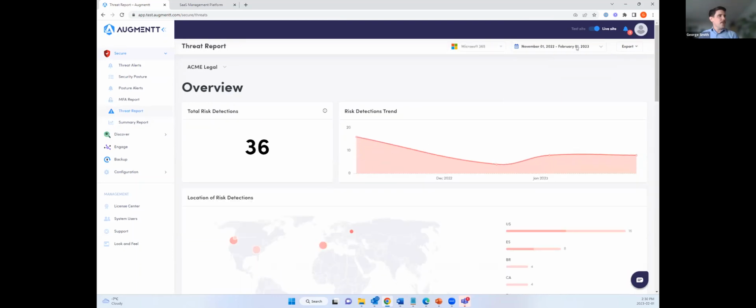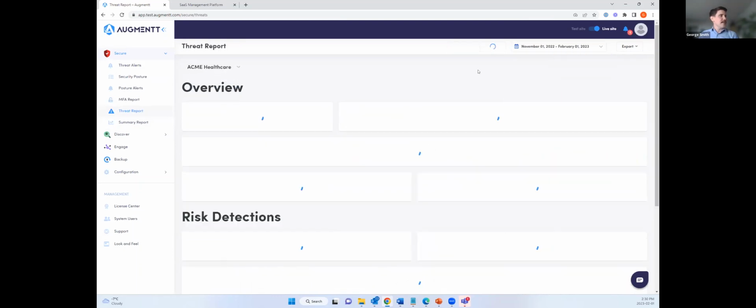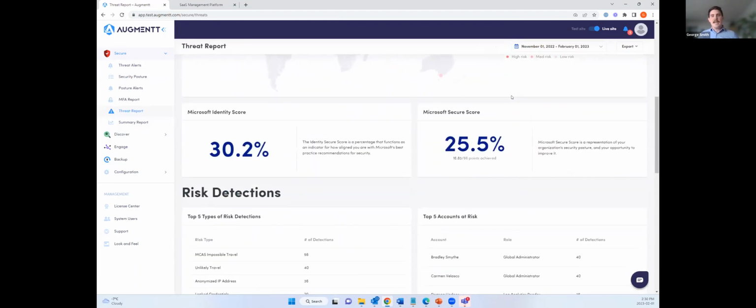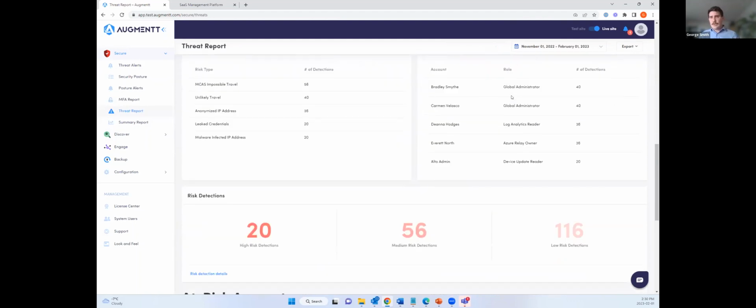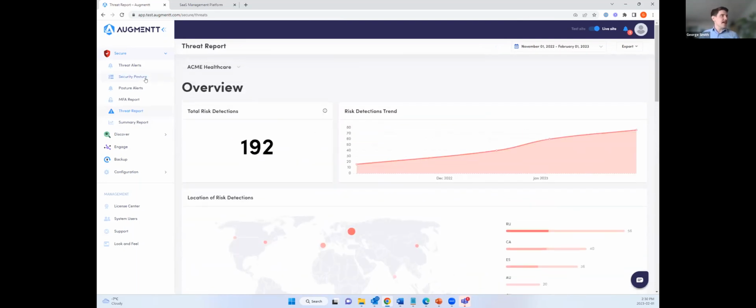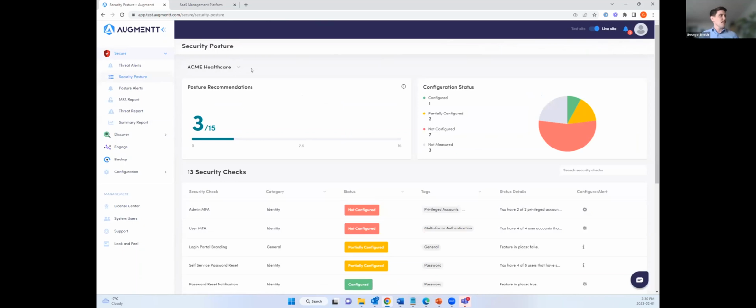This is showing all the risky information associated with a particular Microsoft tenant. So again, you can have that conversation. Here's all the risky stuff happening specifically in your Microsoft environment. Do you want me to fix this? Absolutely, no problem. I can get MFA turned on. I can remove these inactive accounts, and then the MSP can use our security posture report as a bit